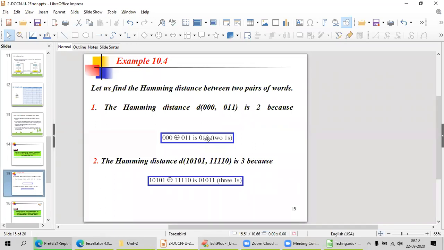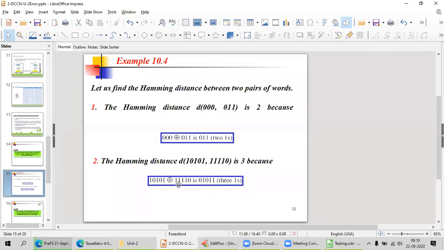Next example. Here I have a word 10101 and the next word 11110. I am doing XOR. First bit is 1, this is also 1, no change, so I keep 0.